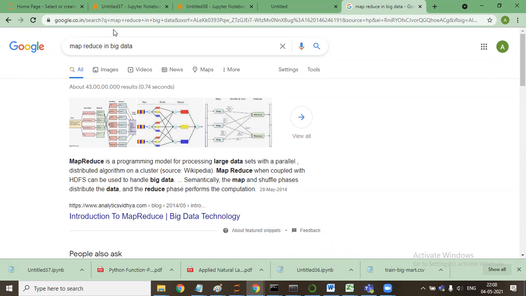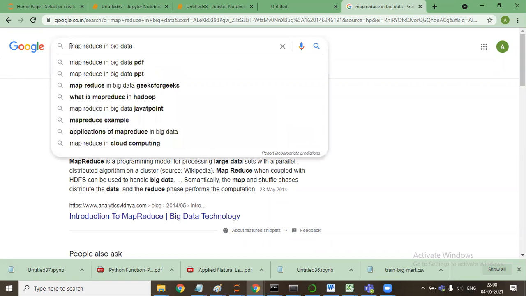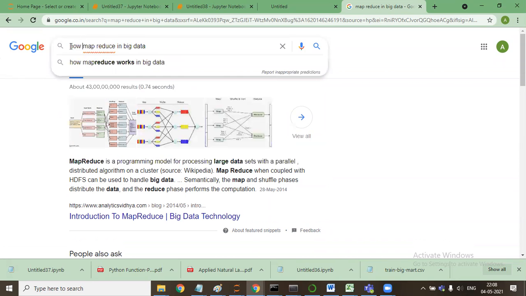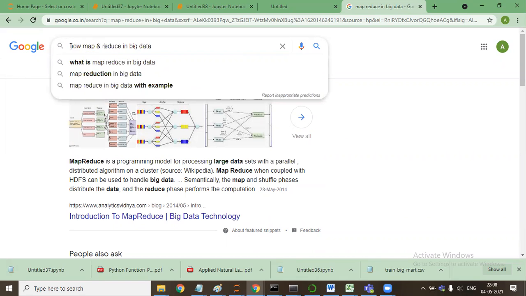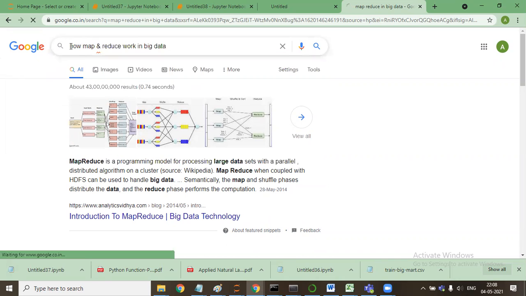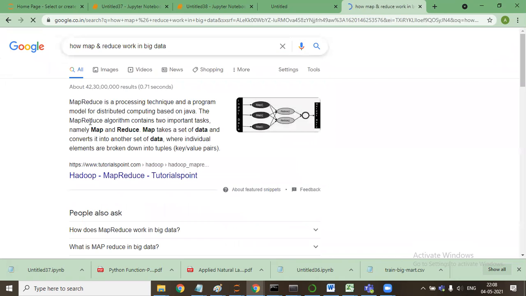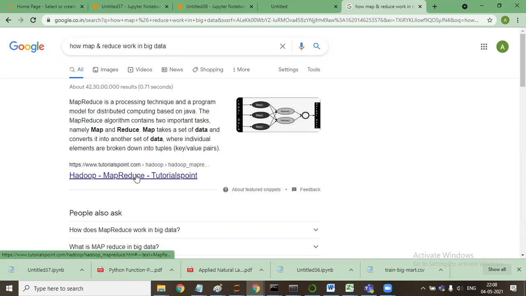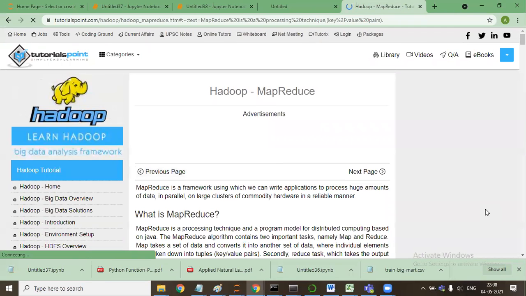So how do map and reduce work in big data? Map takes a set of data and converts it to another set of data where individual elements are broken into tuples.